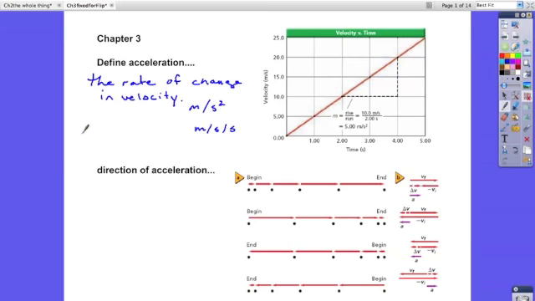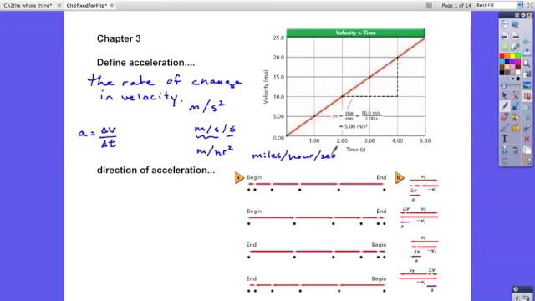The equation for acceleration is a change in velocity divided by the time interval. Okay, so having time in the bottom makes it a rate, and it's the rate of change in velocity. Units, meters per second squared. It's a velocity unit divided by a time unit. So you could have meters per hour squared. A weird unit, but one that we see a lot, would be miles per hour per